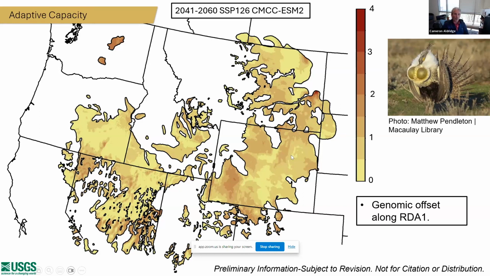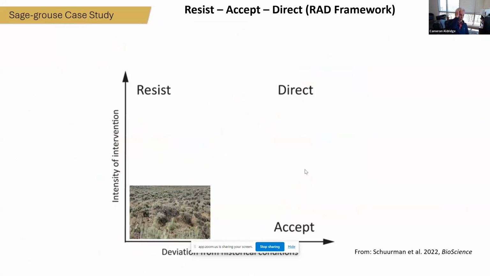So these areas in brown are going to have much higher differences from the genetic basis of what birds are able to deal with in the current climatic conditions. So this is essentially a genetic offset map where you can assess these divergences. It means birds will need to be genetically very well adapted to the future climate conditions, so they're going to be further off. So this could have real insights into how we might manage the landscapes, considering sagebrush and considering the birds.